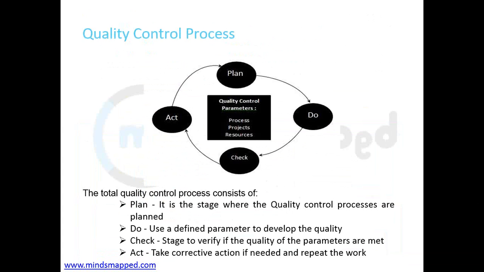And if you find any defects, you act and log the defect. So it's a 4-step process. You do planning, where you define the criteria, like okay, these are the basic criteria when we are testing the software